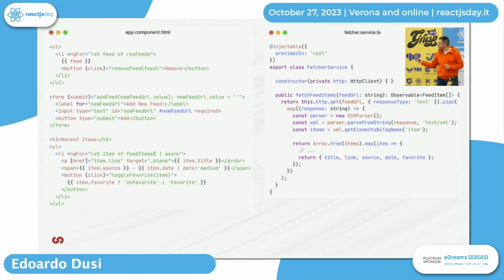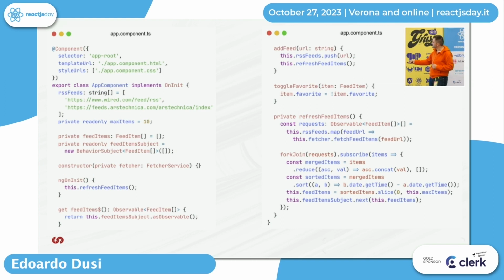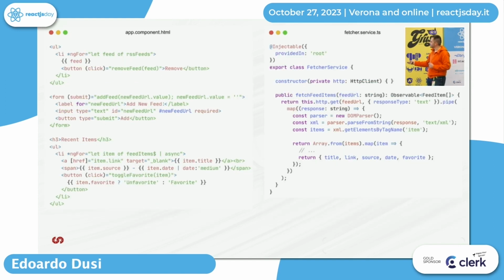And in my component, when I want to show what's inside my feeds list, I subscribe to the feed items observable. Remember that feed items is this thing, so it's a getter on my observable. And on the component, I subscribe with the pipe async syntax to the observables. So every time I get new items from this variable, from this observable, I will rerun this part of the component. So you saw three different patterns for managing state and reactivity and templates and re-renderings.